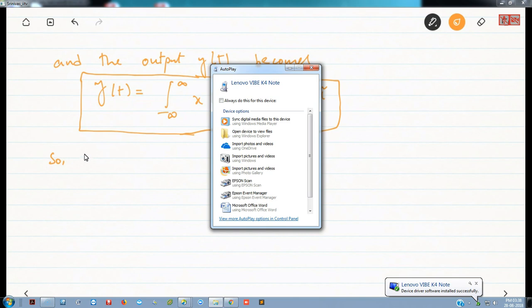So the response of a linear time invariant system, so the system is linear and time invariant. The response of a linear time invariant system having its impulse